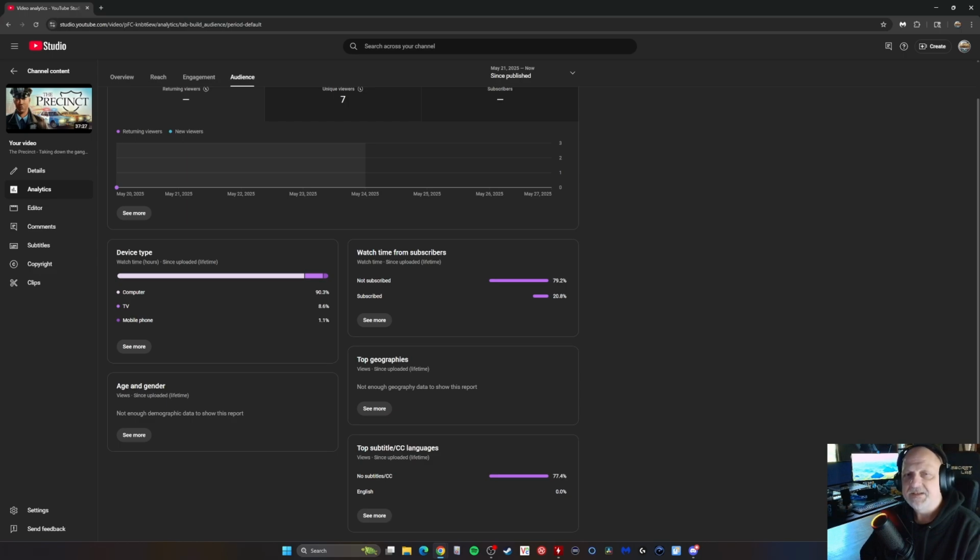That helps you identify how they're watching your video, and you can look at resolution. Remember, all these devices have different ways of aligning the video. So that may give you an idea that if you're running a high quality video, it's probably not going to play quite as well in 1080p on a mobile phone. Now, some of the newer smartphones, yeah. We don't have enough data to do age and gender, but those are really good. There just hasn't been enough data for this particular video.